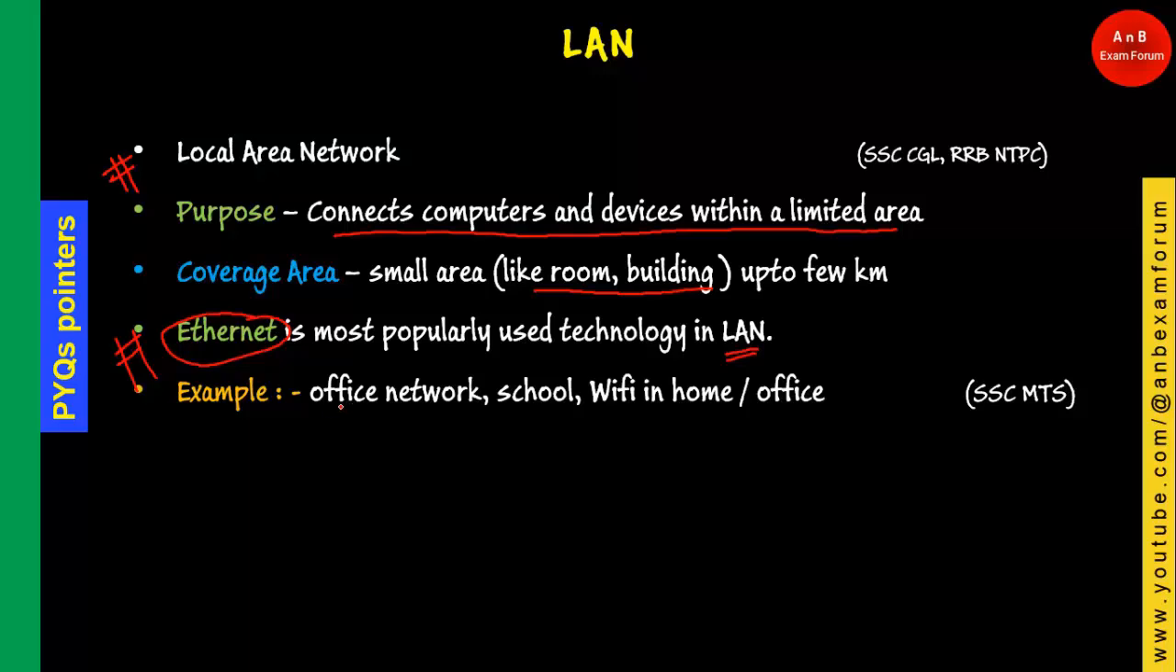And the example is very simple. As I told you, it is going to cover up to a room or building. The example is an office network or a school, or Wi-Fi in your home or office. Okay, so if you have Wi-Fi in your room, it means you are having a local area network. Okay, and it is not Ethernet, it is some sort of wireless fidelity. It is a wireless sort of LAN. Okay,